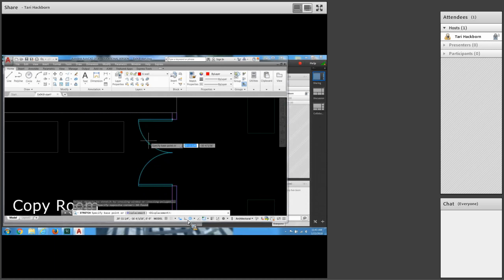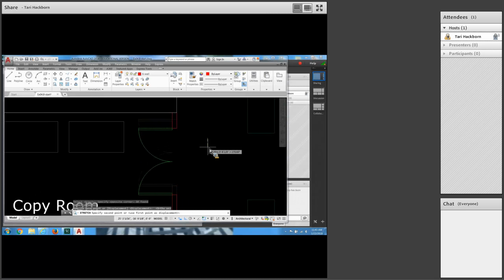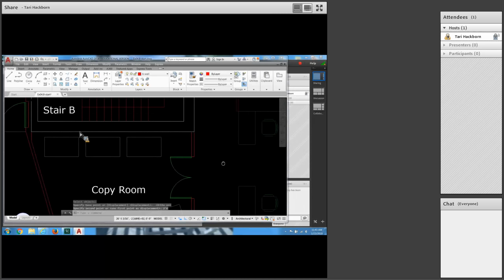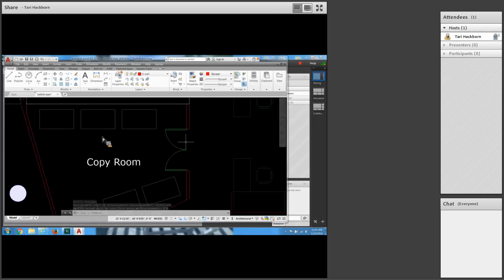Toggle on ortho if it's not already on. Mine is not already on. Click a base point off to the right side of the door opening, well away from the geometry so that you do not inadvertently snap to anything. Move the cursor down vertically and type 2 feet 6 and enter. And you have stretched the doors down to the middle of that wall, and we are now ready to save this one. Save as,